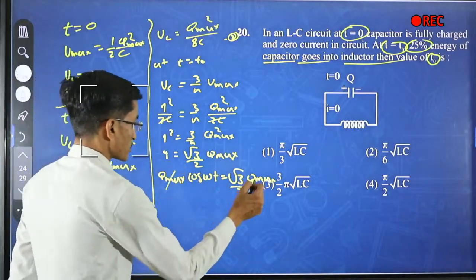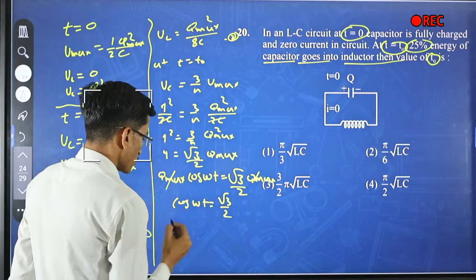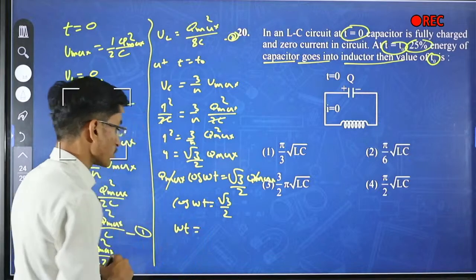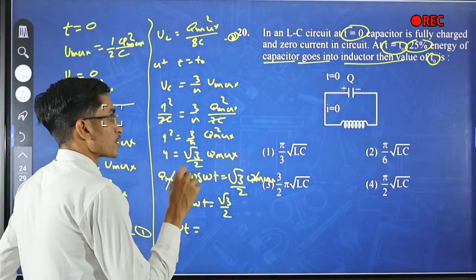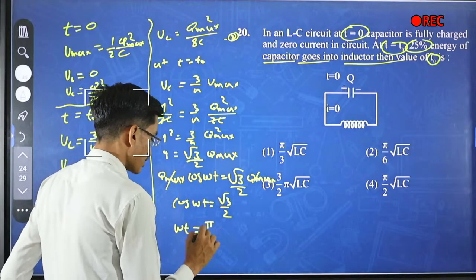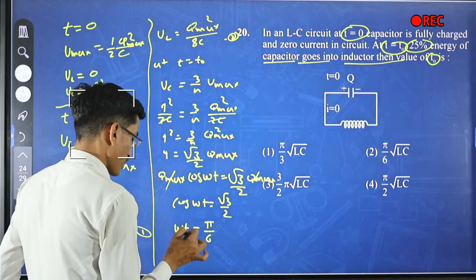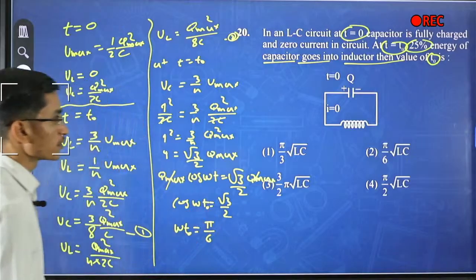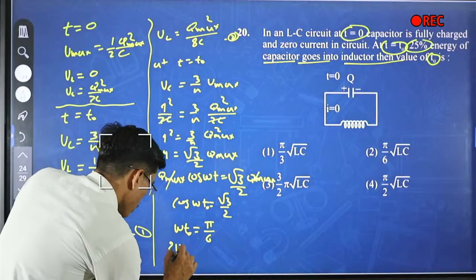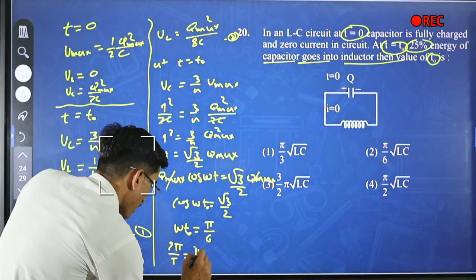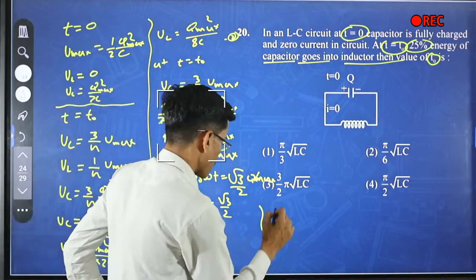So Q max cancels, and cos omega t is equal to root 3 by 2. So omega t is equal to 30 degrees, and 30 degrees can be written as pi by 6. So this is the time t naught, because this is the charge at time t is equal to t naught. So omega can be written as 2 pi by T, and 2 pi by T into t naught is equal to pi by 6. Pi cancels, so t naught will become